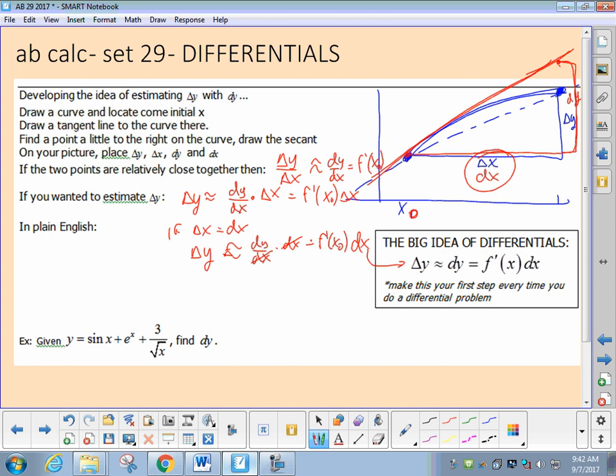Now that's, ooh, scary. In plain old English, it just means the change in y is approximately equal to the rate of change, a ratio of change in y with respect to x. Yeah, let's just go the rate of change times an amount of change in x. To figure out how much y will change, I'll just say, all right, well, how fast is y changing with respect to x? How much are we going to change x by? And that'll see how much y will change.